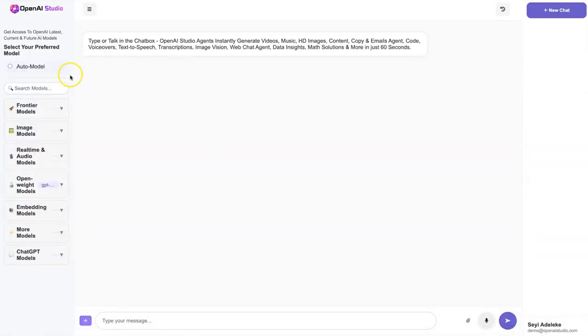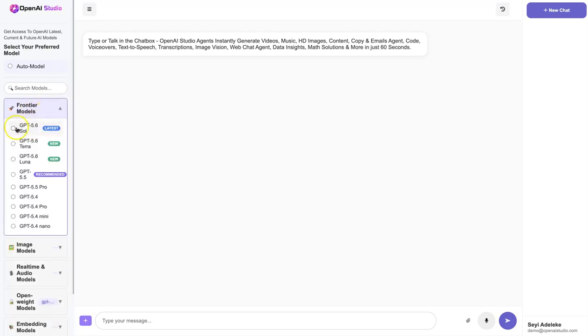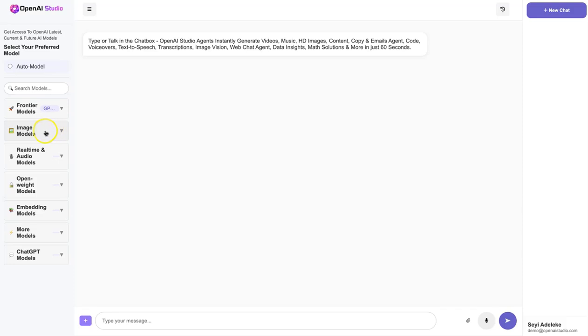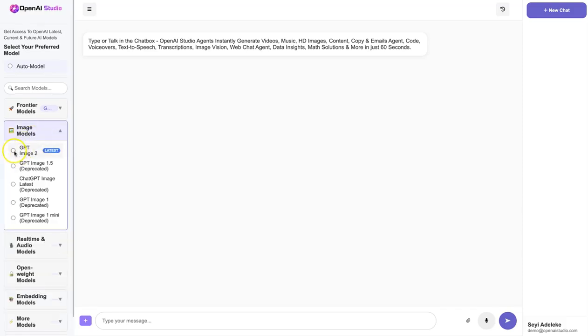Let's dive right in. Right here, you'll find OpenAI's complete lineup of frontier models. Whether you want GPT 5.6 Sol, GPT 5.6 Terra, GPT 5.6 Luna, or any other model, it's all available right here. Need to generate images? No problem. Simply switch to the image models and choose from models like GPT Image 2, GPT Image 1.5, and